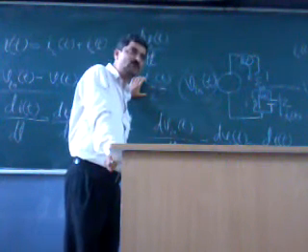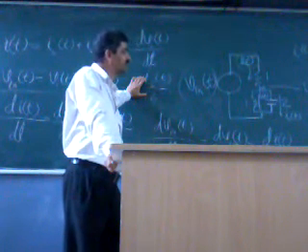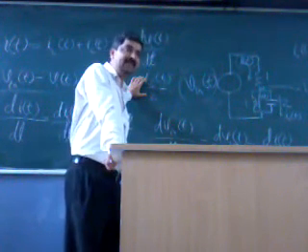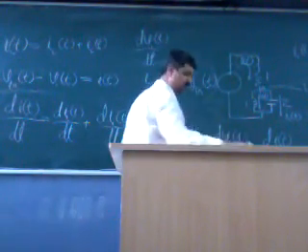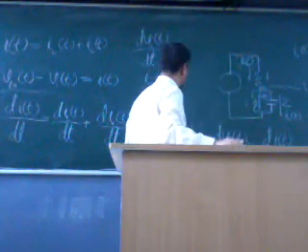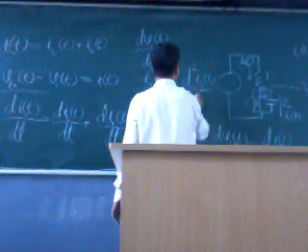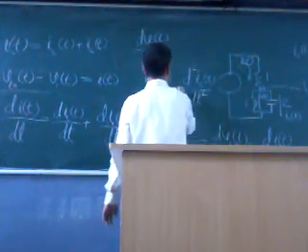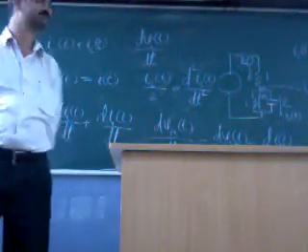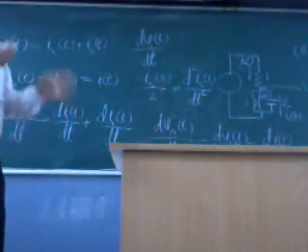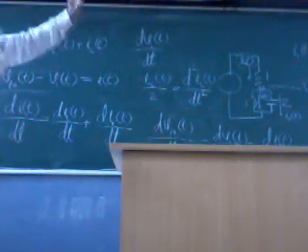At the same time, this must also be equal to d2 I_L(t) upon dt square, since V1(t) is dI_L(t) upon dt. These must be equal. So there is one more relationship. Right now I am putting assorted relationships. From that you should construct a final equation.